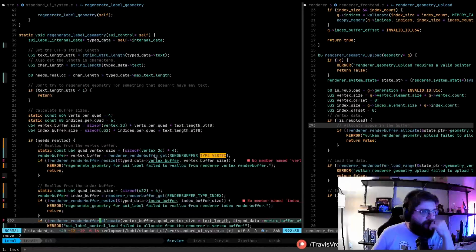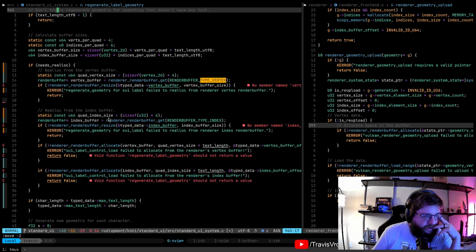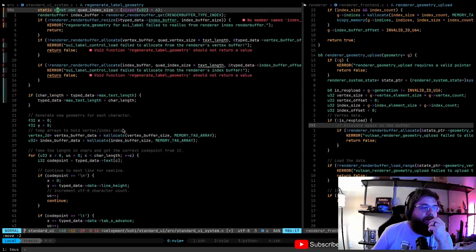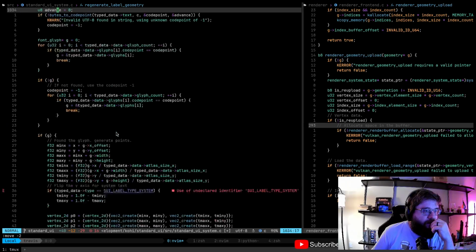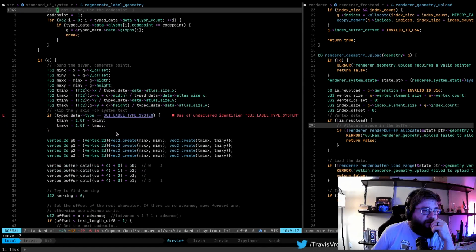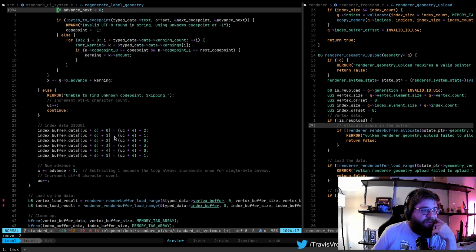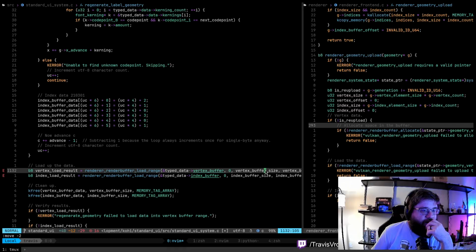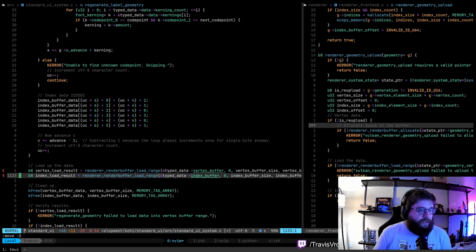So, actually, no, we need to use the text length UTF-8, actually, I believe. Well, let me think about that for a second. Because this does support UTF multi-byte characters. Vertex buffer size.